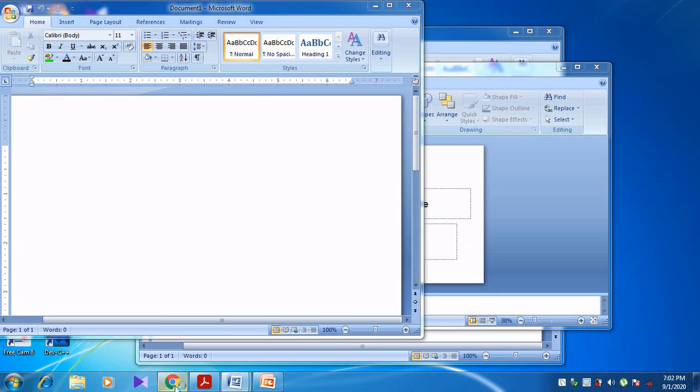Then if I open the Google Chrome browser, now what will happen? Google Chrome browser will be active and Microsoft Word will be inactive. The PowerPoint is also inactive because it is in the back. So Google Chrome comes to the front. Other windows become inactive, other windows go to the back. Only the Google Chrome browser will be in the front. So can you understand, students?